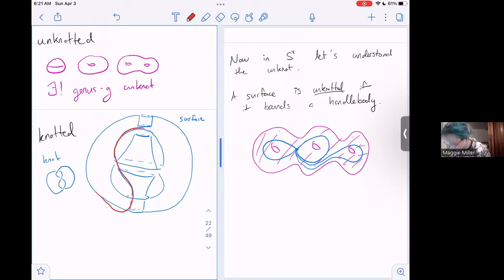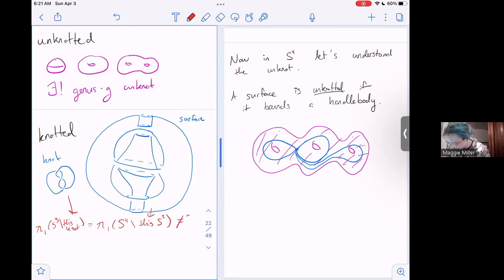You've got this thing floating around in there, kind of looks like a trefoil. So if you've heard of Wirtinger's algorithm that we use to compute pi1 of a knot complement, it also works in this dimension. So if we worked through that, we could check that pi1 of S4 minus this S2 is actually the same thing as pi1 of S3 minus this knot,